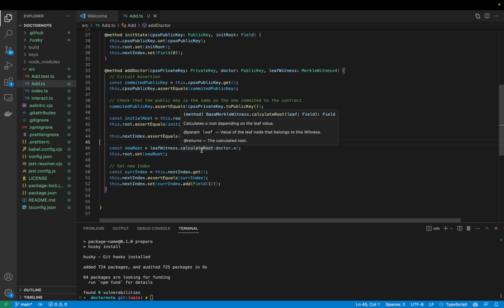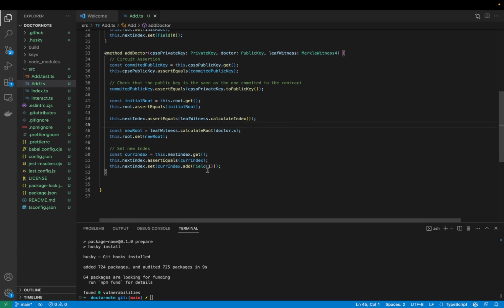I'm not going to get into that just to make it simpler, but really you would hash the public key of the doctor and store that, and then you could later on rederive it from that hash. But we're just going to keep it as doctor.x for now for simplicity's sake, because this is already getting a little too complicated. And then you have to set the new index, which is going to be the next index,